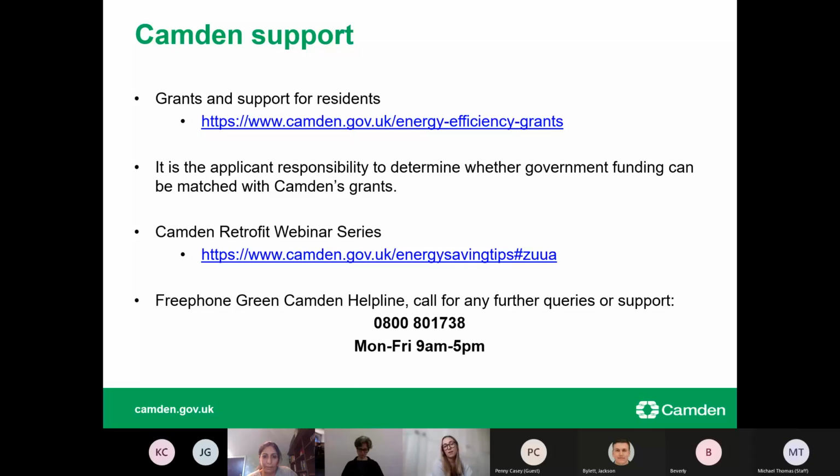So it's definitely worth taking a look at what other grants we have available alongside the Green Homes Grant that is being offered nationally, and seeing how that can all match up and how those funding pots can support one another. But it is the applicant's responsibility to